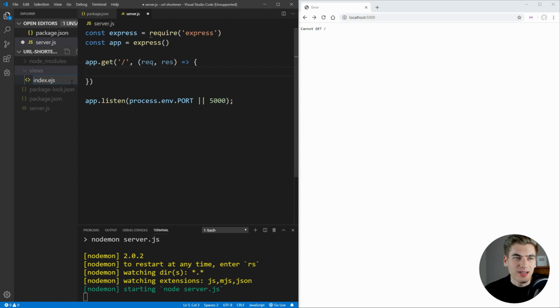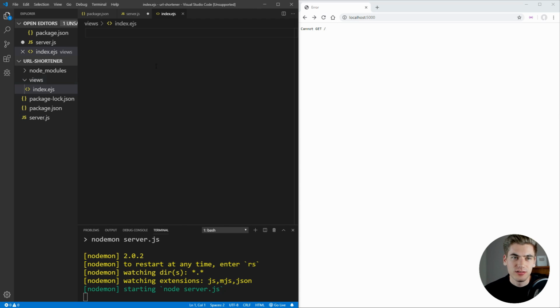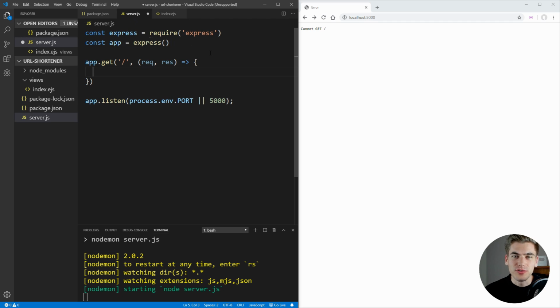The reason we're using .ejs is because that's the templating language we're going to use, and we downloaded that package for handling EJS. So once we have that created, let's just put some placeholder text in here that says hello world so we can see if this works. And in our server, we actually need to set up our views to use the EJS view engine. So what we can do is say